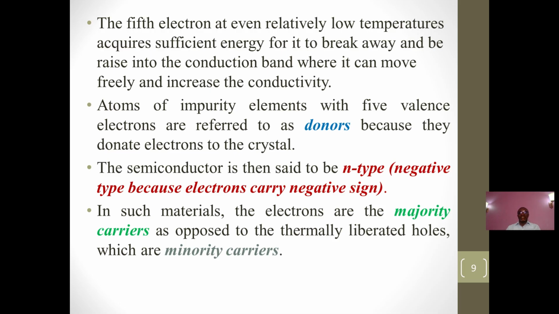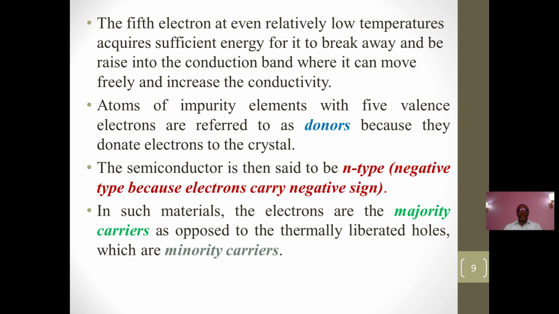So with the slightest energy push, which could be as a result of temperature change, we force that extra one to quickly move